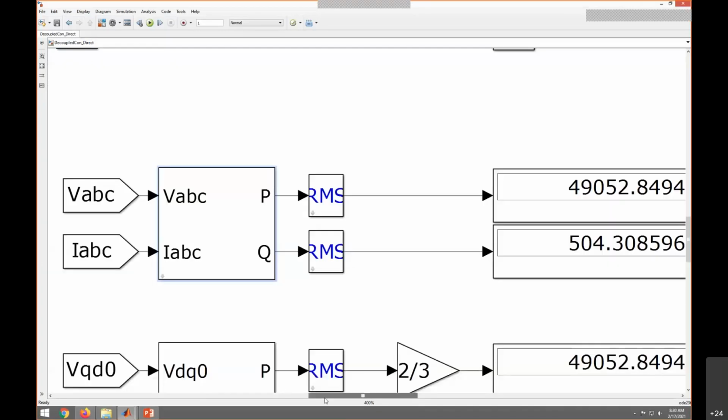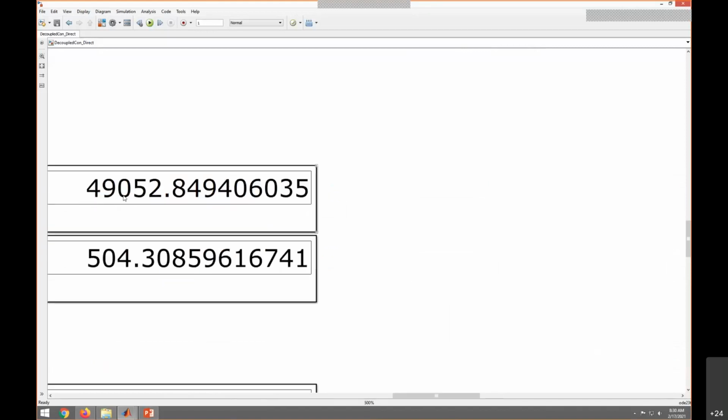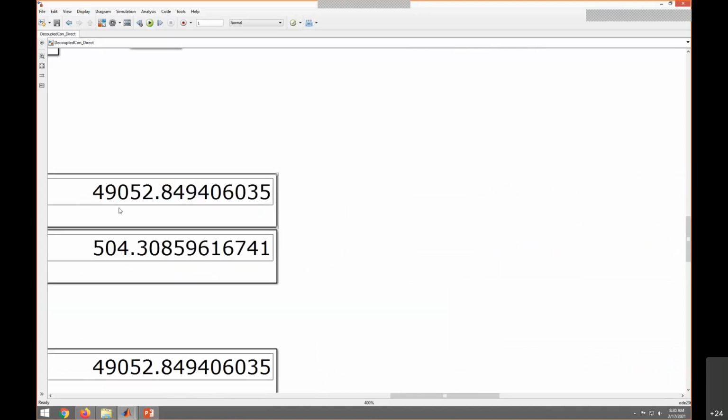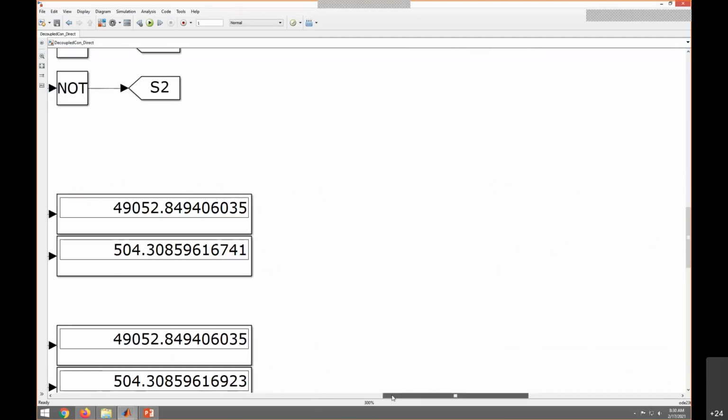Okay, to get some finer values, I just consider the RMS value. So these are the RMS active and reactive power. If you notice, this value is 49,000, this is 49,000, right? So roughly 49k. Okay, and you notice that the reactive power is usually 0, a small value is present, so that's 500 VAR present. So compared to this active power of 49,000, this reactive power is very small, right? That is hardly 1%. So therefore we can assume that this reactive power is almost compensated.